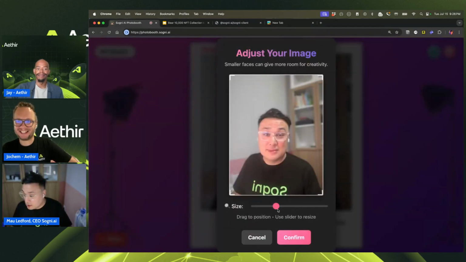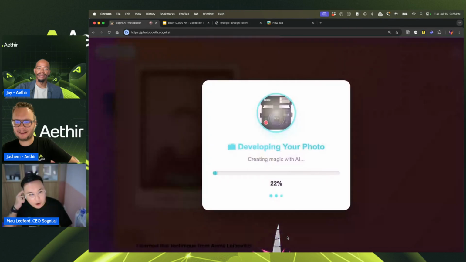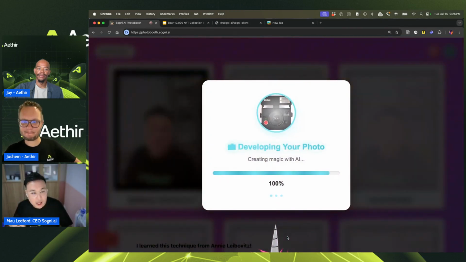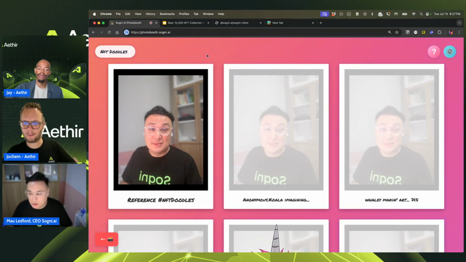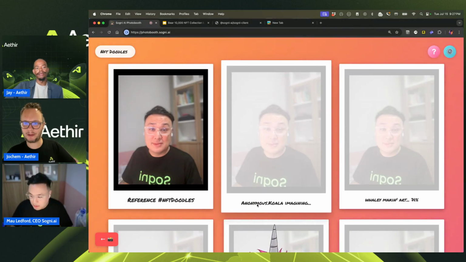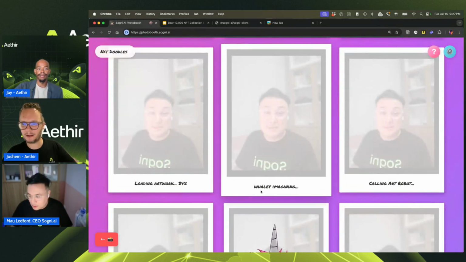And then the smaller photo I find is a little bit better. And then we run this through a model that's really good with facial likeness. And then we run it across 400 random prompts. Right now, I just showcase you doodles. So it's going to remember the last time that I did doodles and create a version of that. But you can see the name of the worker that is doing the job all around here, which is Whaley